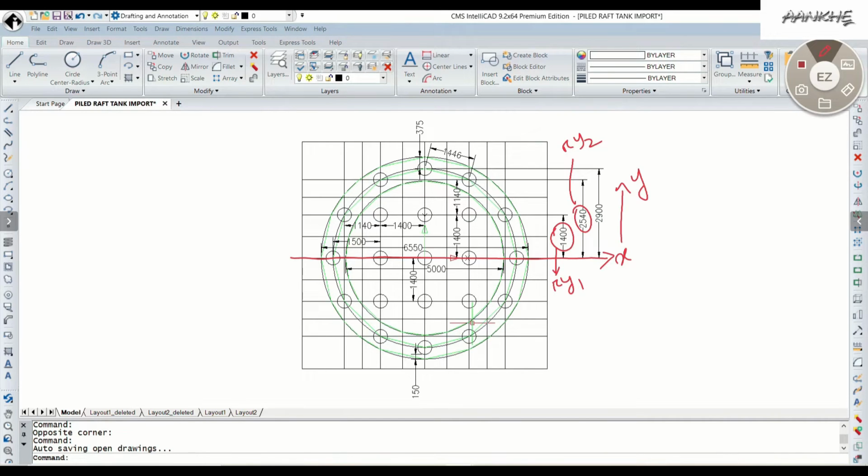ry2, this one is how much? ry3, right? Similarly, your Ix, when you take Mx, means bending about x, this one is your Mx, means the structure rotates about x. So obviously, if we take a rectangle like this,